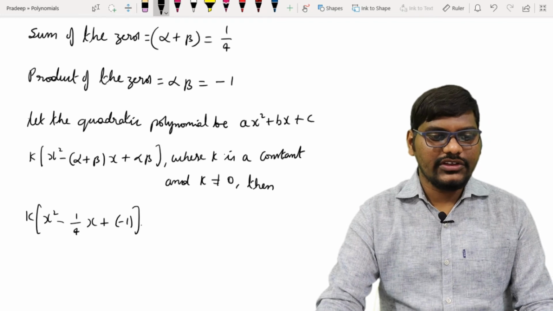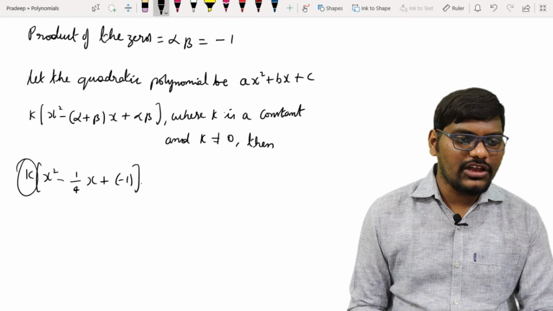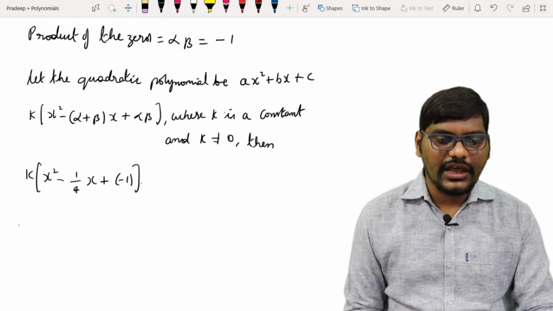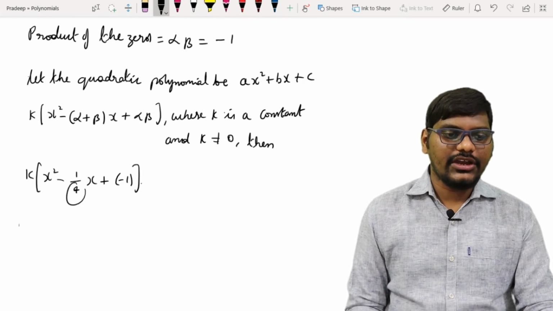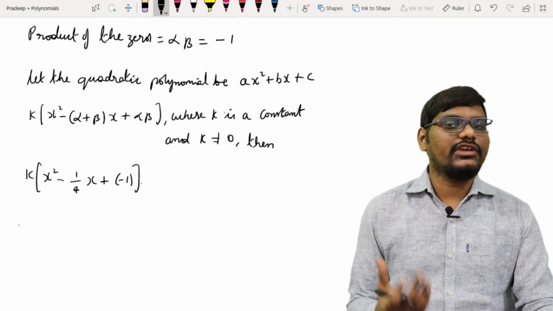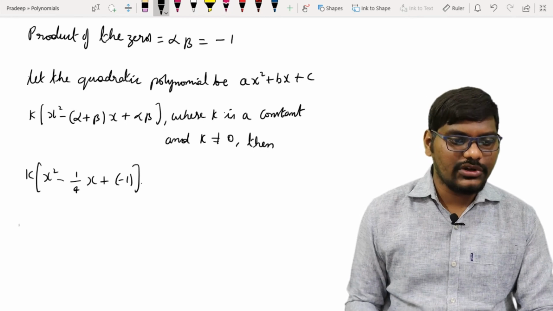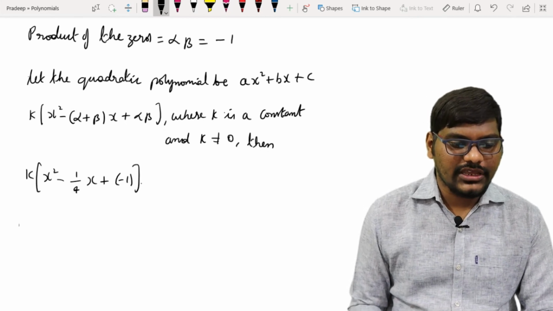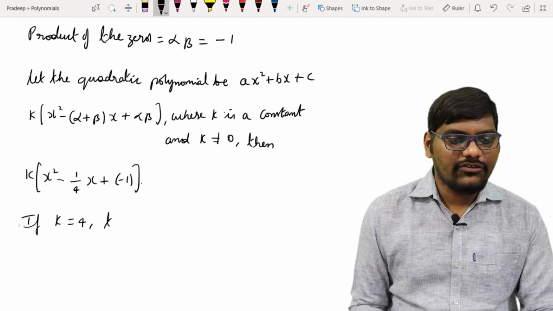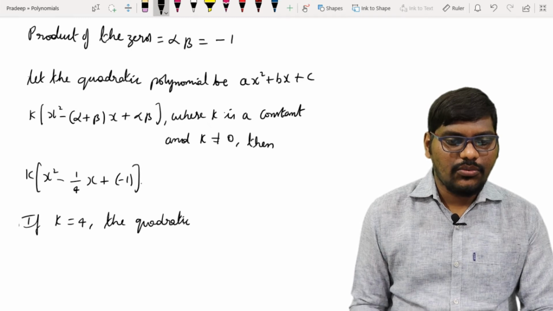Okay, so we'll just try to solve this further. I can write here the k value, whatever we are taking, because the value here is 1 by 4 as a coefficient, as the denominator. We could take the quadratic, meaning any value which we can just assume, so that the equation will become more simple and we could solve it. So I'm taking, if k is equal to 4, then the equation I can write, quadratic polynomial